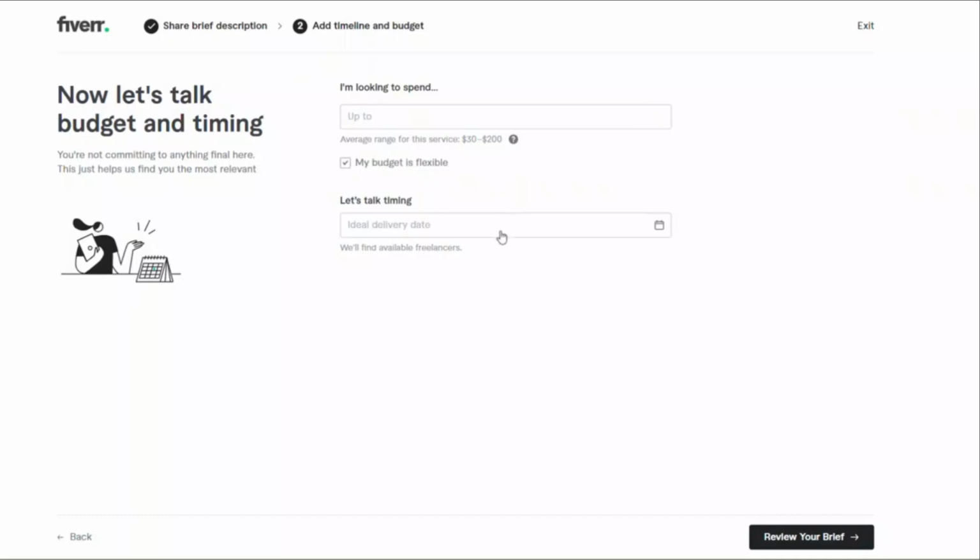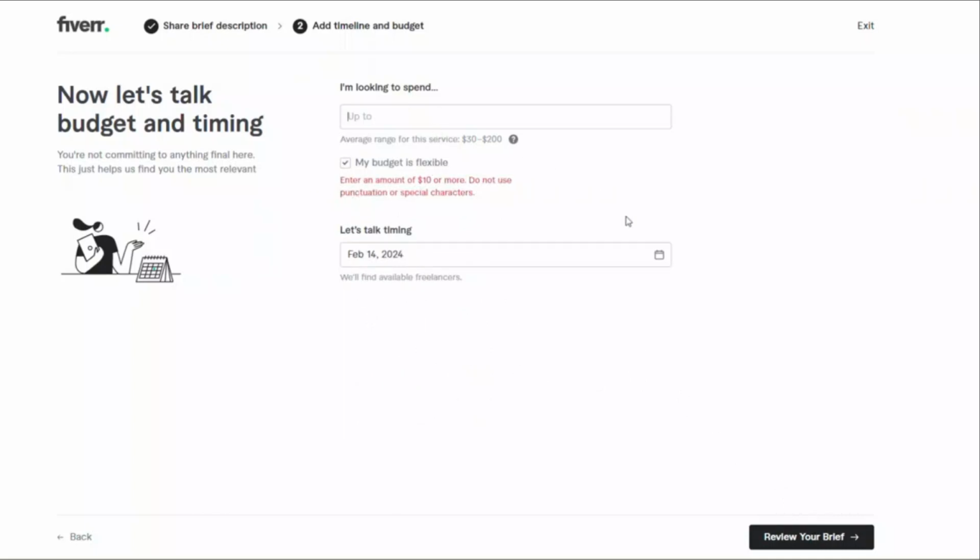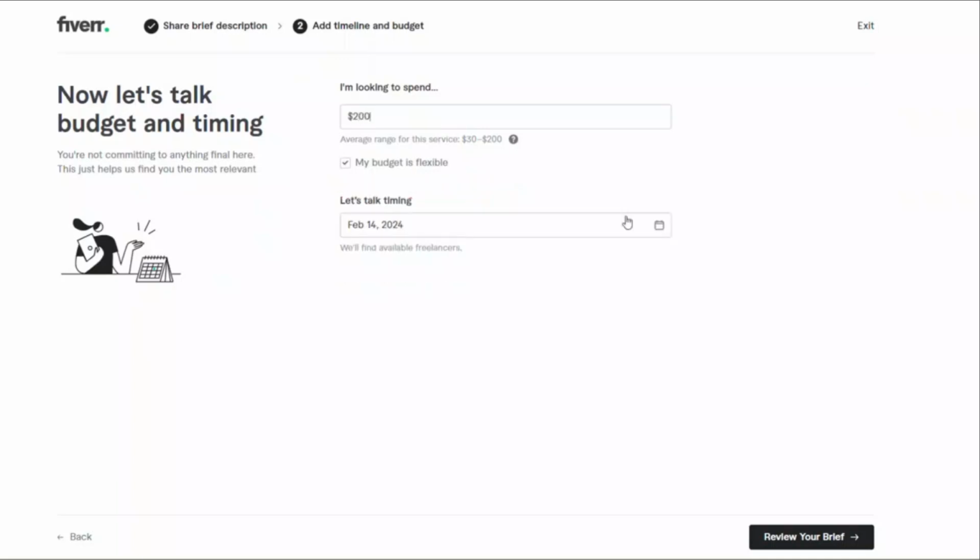My budget is flexible. Time to talk tomorrow. Sounds good to me. So you do have to put something down. This is the part where I was saying, if you do it in phases, then you could actually create this type of thing in a phase. So maybe in this one, I would say $2,000. That's about what, and what this does is, when I as a freelancer am accepting gigs,